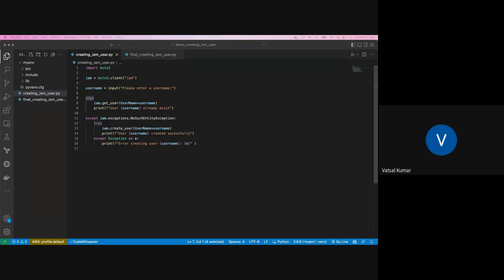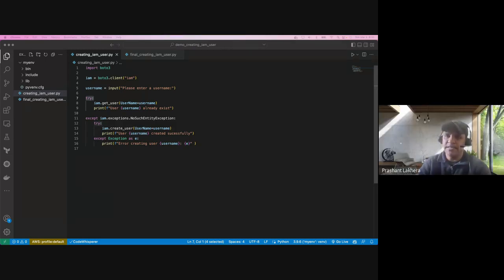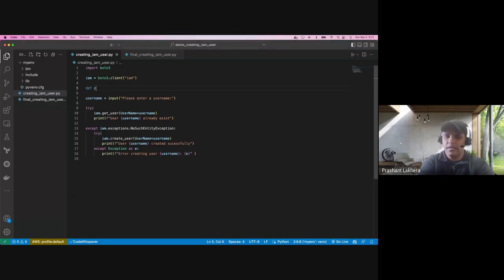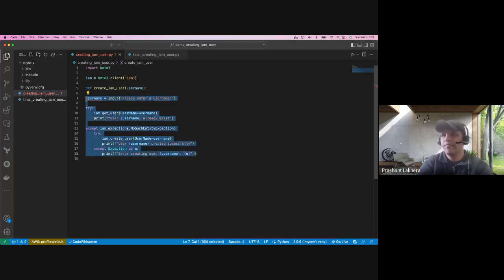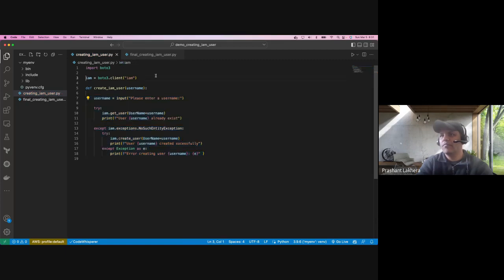Maybe we can wrap this functionality in a function. Exactly. Yes. And that's what I want to hear. Yeah, Argparse, definitely we are going to do. But first, let's wrap it into a function so that we make it modular. So what we can do, we can define a function called create IAM user. I can pass a username to it. And then let me indent this code. And before I call this function,